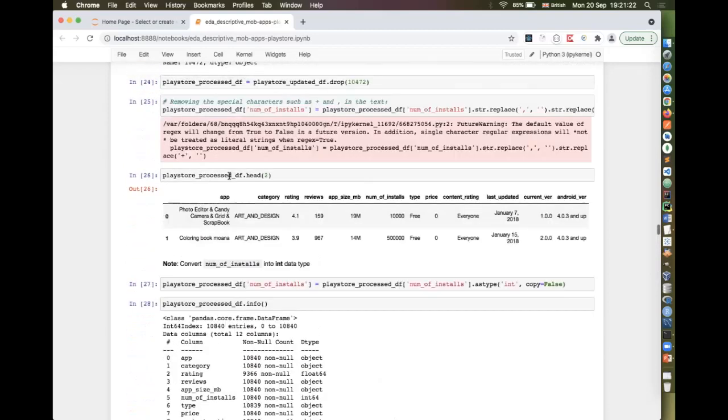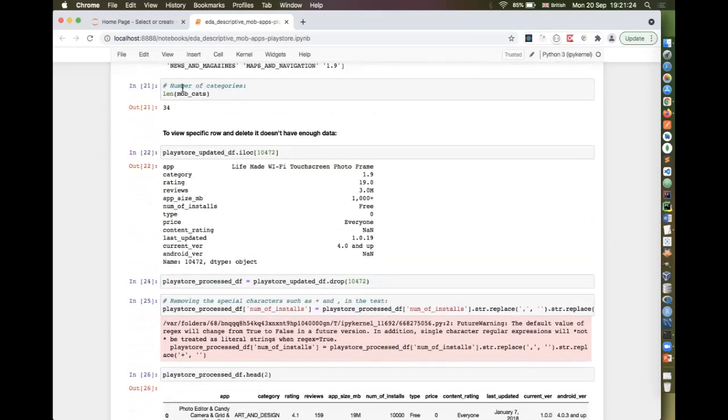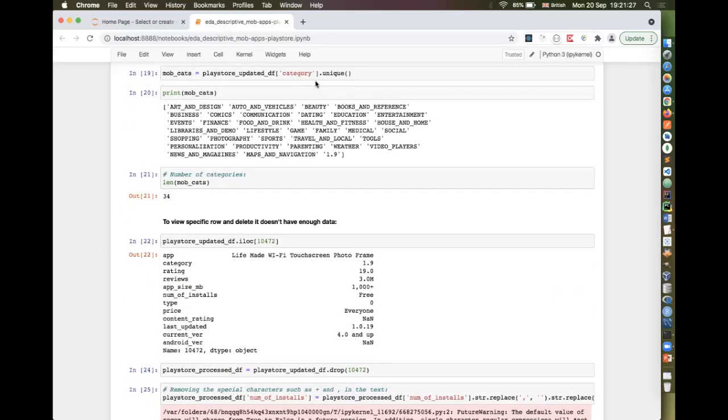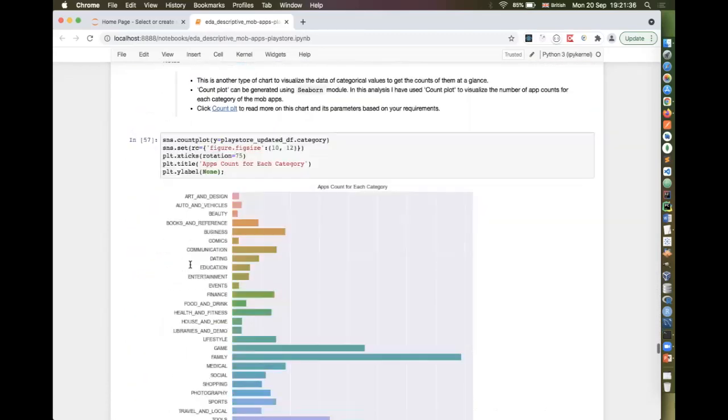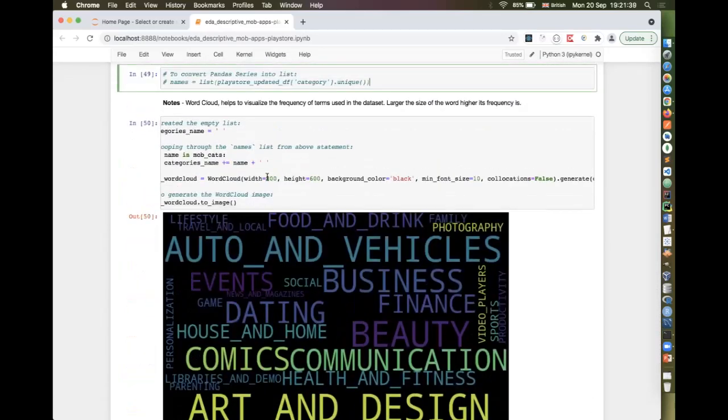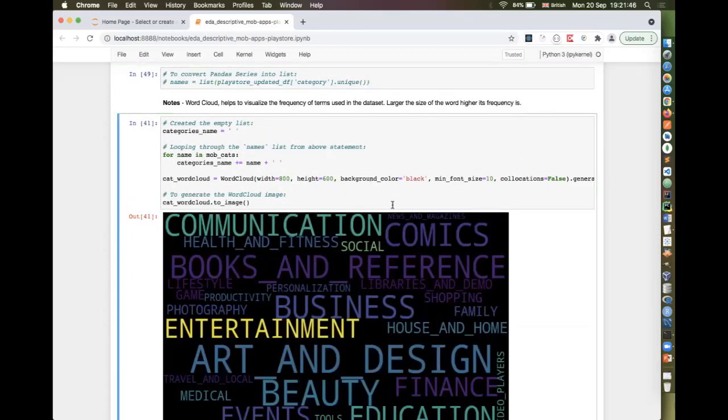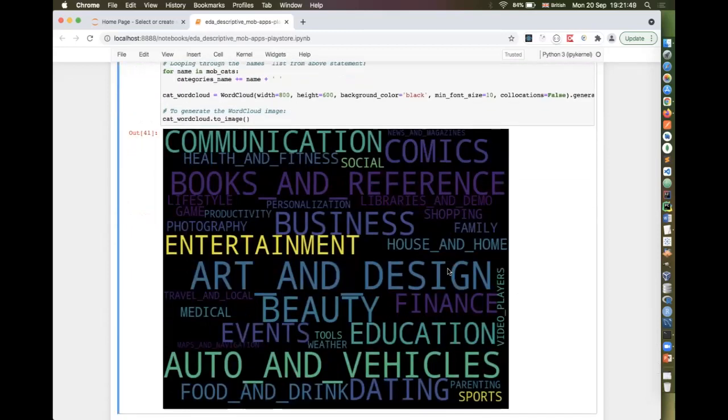Here when I executed to know which are all the categories present in the data set and how many, that same variable I can use here. And when you loop through the list, you can generate the word cloud. So the larger the size of the text, the higher its frequency. That means the more it is appearing in the data set.